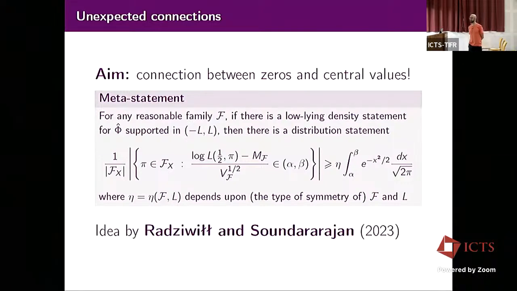So that's an idea from Radziwiłł and Soundararajan from last year. They did that for quadratic characters, or quadratic twists of a given elliptic curve. But the strategy is pretty general, and that's part of what I want to explain. As I said, I discuss that just in the next slide. We have this condition which is important, and we'll see that the support determines a lot the quality of this eta that we don't understand much. What we would like is to have eta equal to 1. For a lower bound, that's the best that we can hope for. And then we would be pretty close, at least from the lower side, to the conjecture.